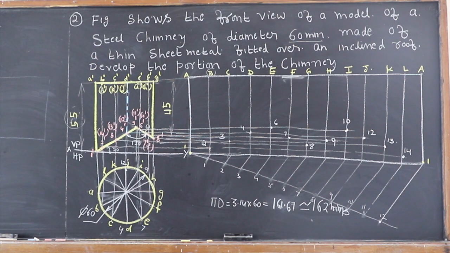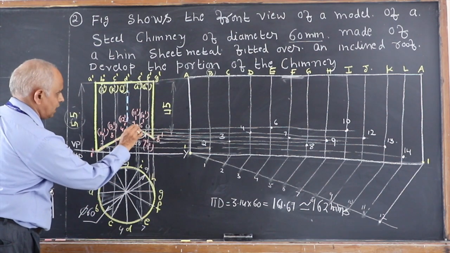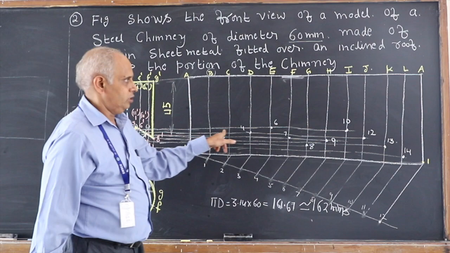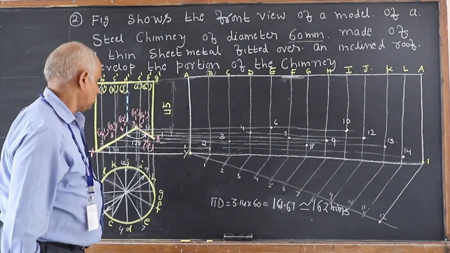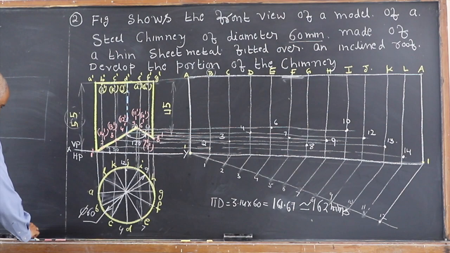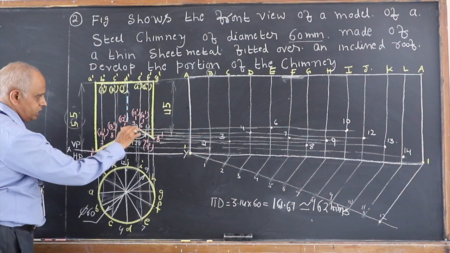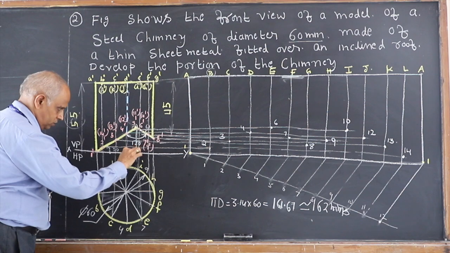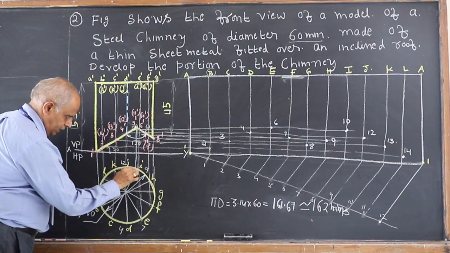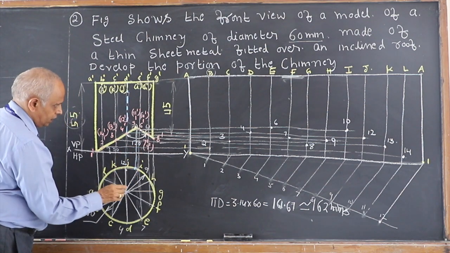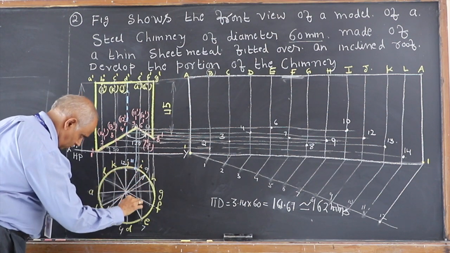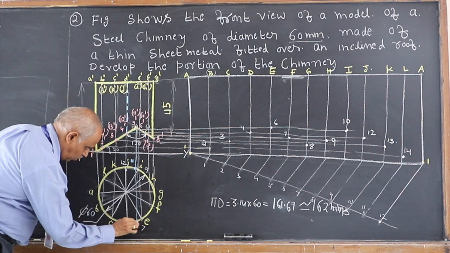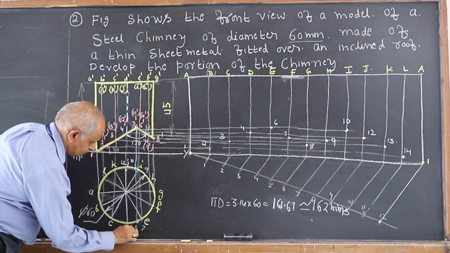So I need to focus on the other 2 points, which are 5 and 11, that you can see are not on any of these generators, neither on A, B, C, D or so. But if you carefully observe this location of 5, see when I project it down, it comes here and therefore this is 11, and when you bring it down here, I'll get this point as 5.